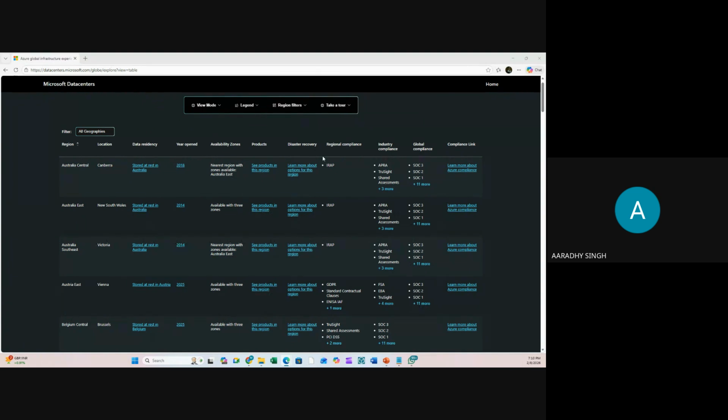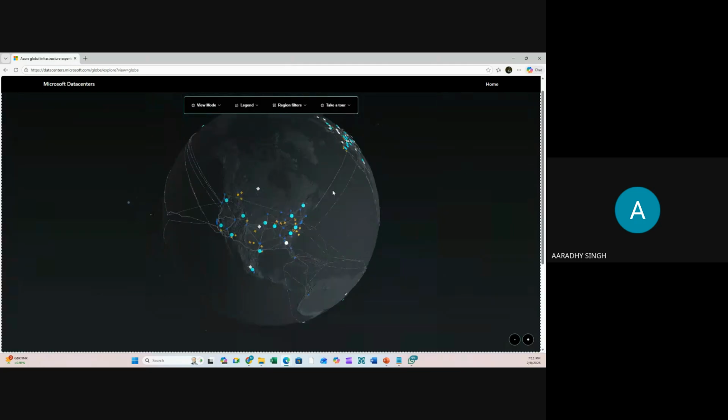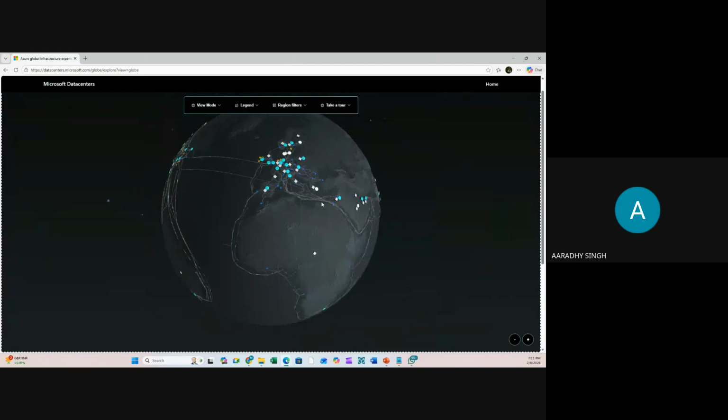So guys, in one geographic location, there may be one or multiple countries. So, region filter. You see here, this is Africa.